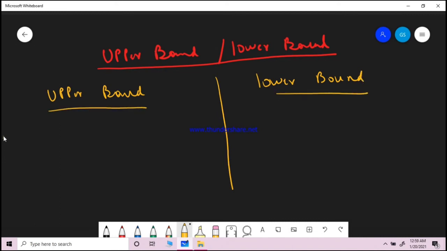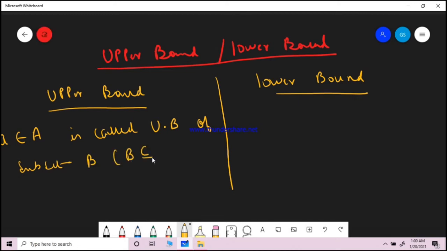So A is called upper bound of subset B, where B is a subset of A, if